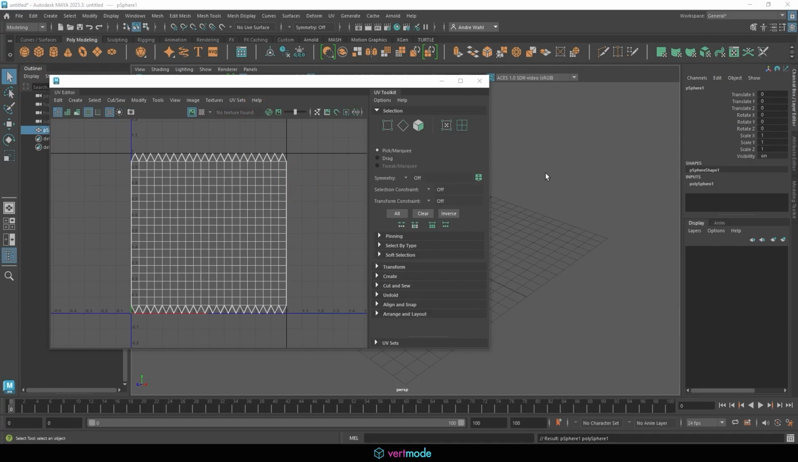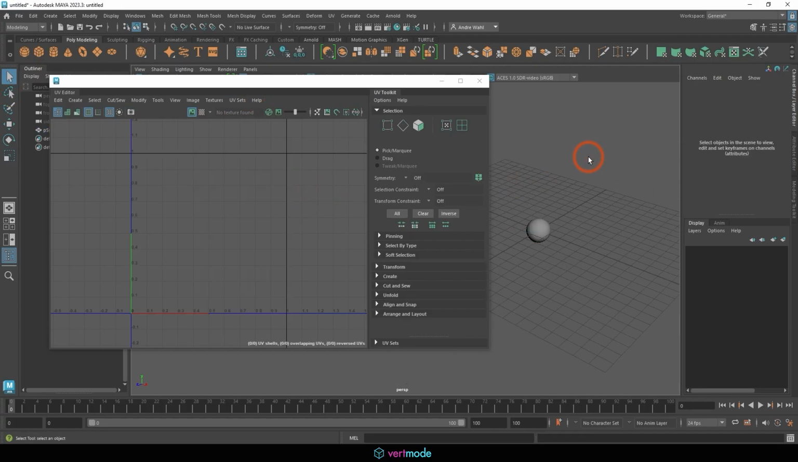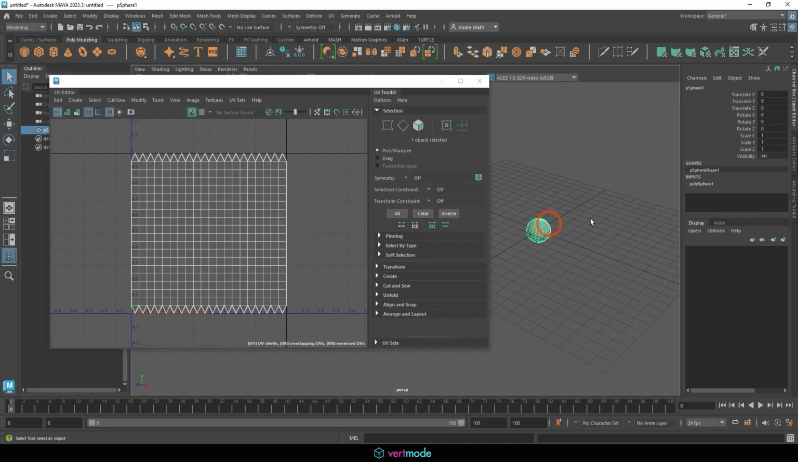But what I do want to show you is if you don't have an object selected, you don't see the UVs. So in order to see the UVs, you need to make sure that the object's being selected and it's being selected in the objects mode. That way, this will come up here. Okay, so now that we have that selected,